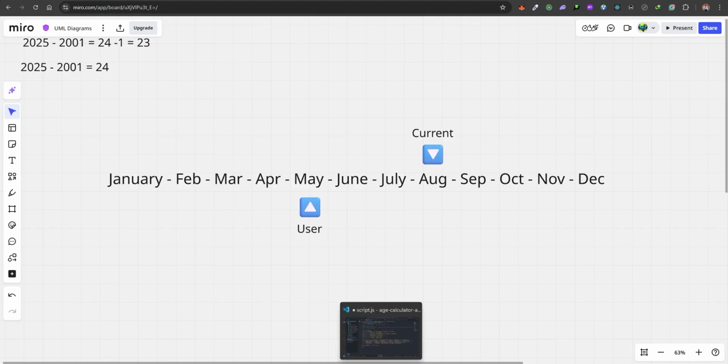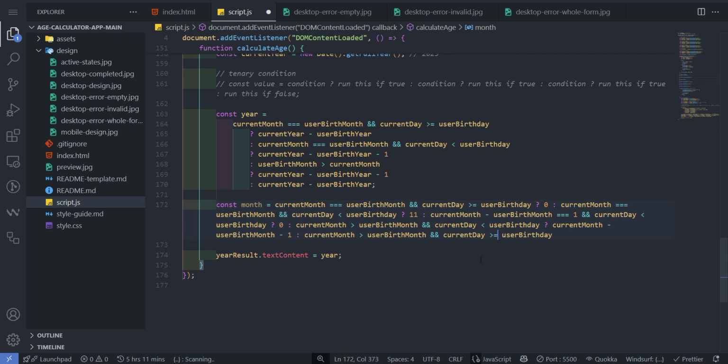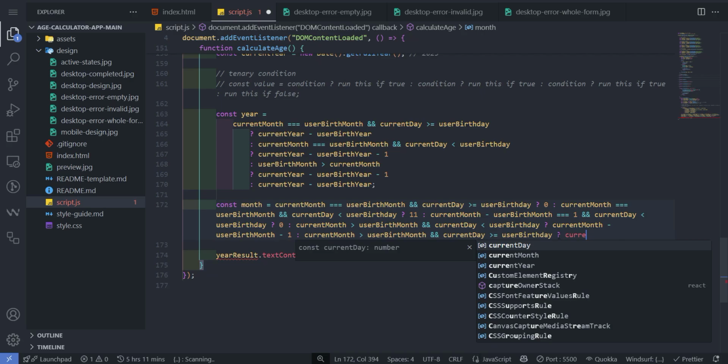So, or if it's greater than that, it means I celebrated the birthday for this particular month and it's 3 months old and some days. You understand? So we'll not need to minus one again from the calculation. So the current month is greater than the user birth month, and the current day is greater than or equals to the user birthday. What we want to do is we just want to say the current month